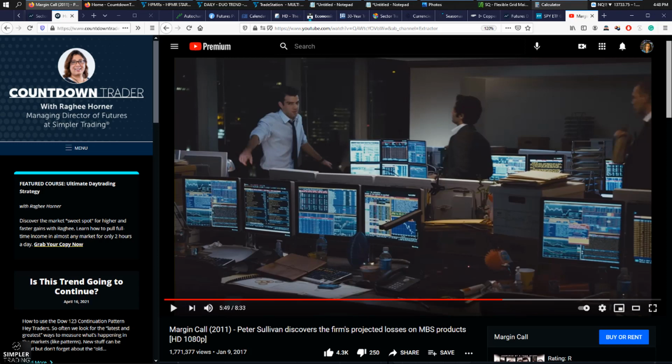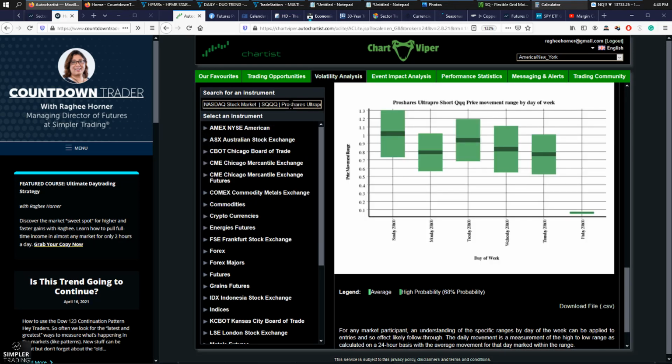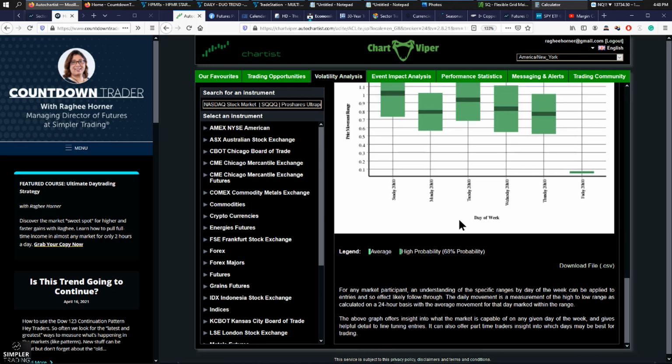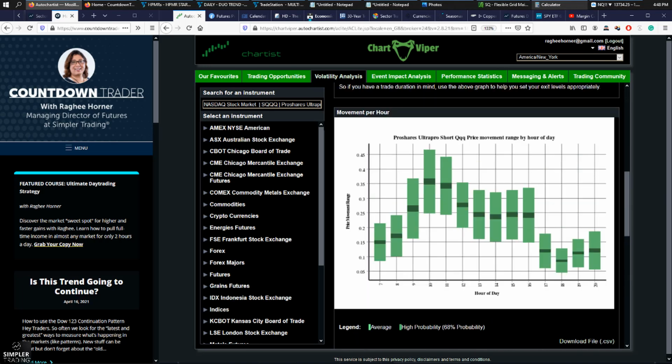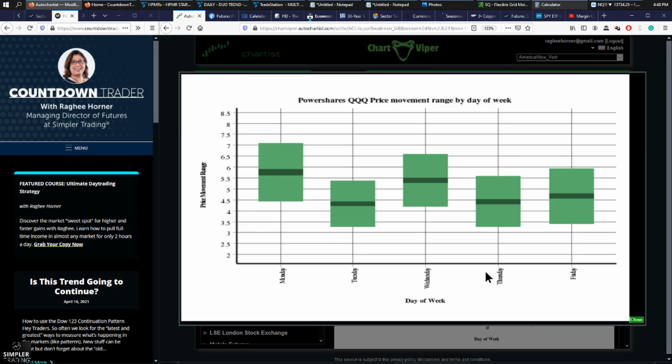Now, I bring this scene up because understanding the volatility of the market is important. And whenever the markets are quote unquote broken, it's not because they're heading lower. It's not because they're heading parabolically higher. It's because the norm that we have factored in, whether that be what I use, which are price movement ranges, or if you use average true range, or if you're using Fibonacci retracements of 38.2 to 50%, because that's what the markets have been doing, whatever your ruler for normal is no longer measuring the market properly. So that's when the panic usually sets in into the market.